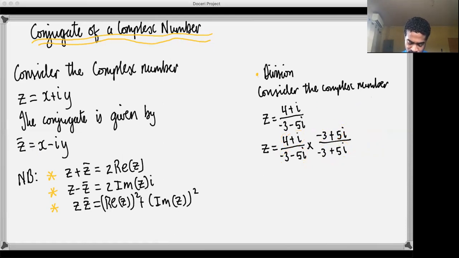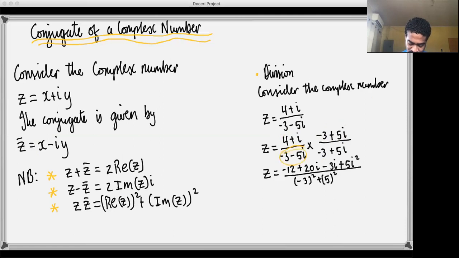But you will see clearly this is what you would get in the numerator and denominator. For the numerator, you will have to use the distributive rule of multiplication of two complex numbers that we looked at in the previous video. For the numerator, you will have to do that. But the denominator, to save time,